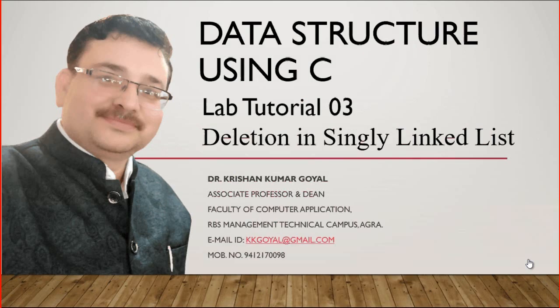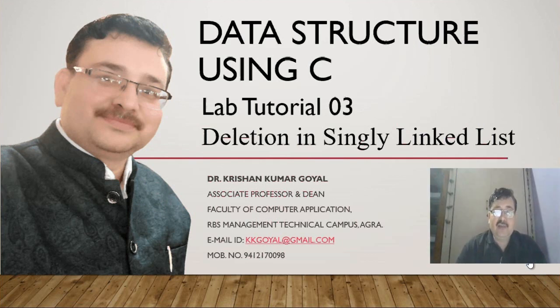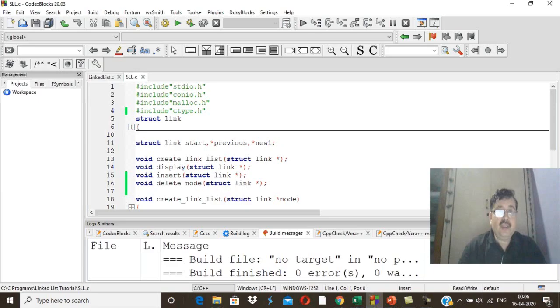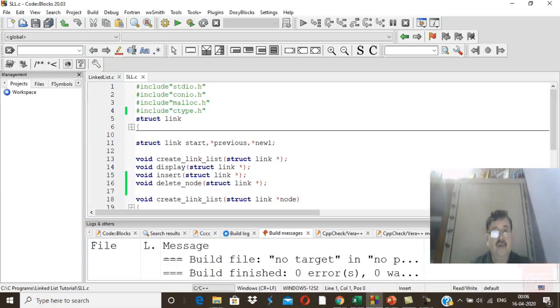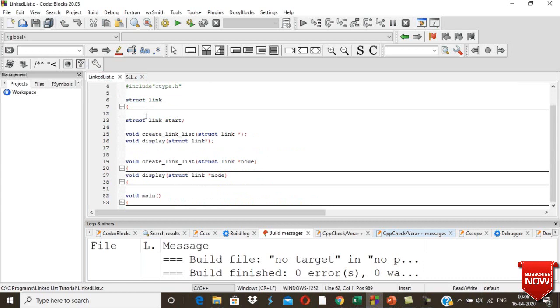Okay, students. Today this is the last operation in single linked list, that is deletion. After completing the deletion, we will go to the doubly linked list. In the previous video, we have created the code for insertion, and before that, in the first tutorial, we have